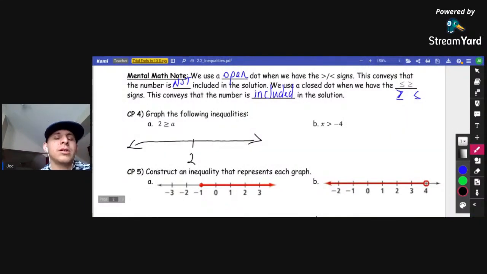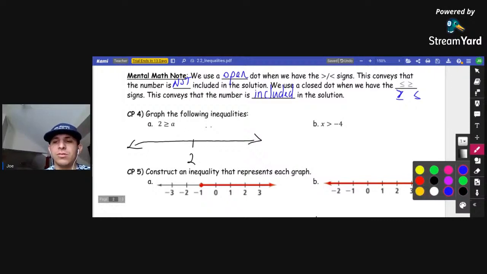If we were to pick 3 as a value for A, we ask ourselves, is 2 greater than or equal to 3? It's not, okay? 3 is on that side of the inequality where I just placed the dot. If we ran that same process with 4, 2 is greater than or equal to 4, once again, not true, also on this side. So we're starting to see a trend that all the values on the right side, or that are greater than 2, are not the solutions. In fact, the solutions are all the values that are,